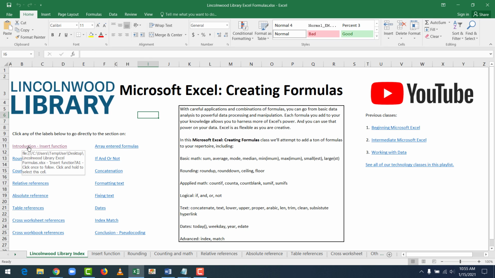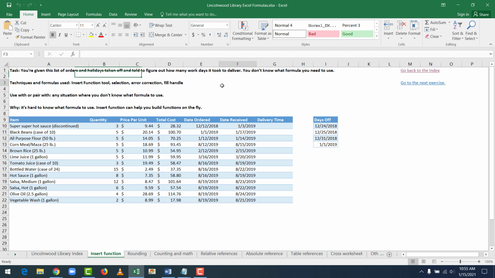I'll go to the introduction worksheet. So each of these examples, at the top, we have a task that we are given to kind of ground this example in the real world. And then techniques you'll use, how you can use or pair what you learn in the exercise with other aspects of Excel, and kind of why we're doing this. So we've got some products and days ordered and days received by customers, and a list of days off in this